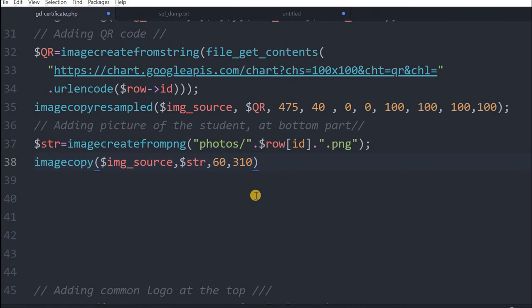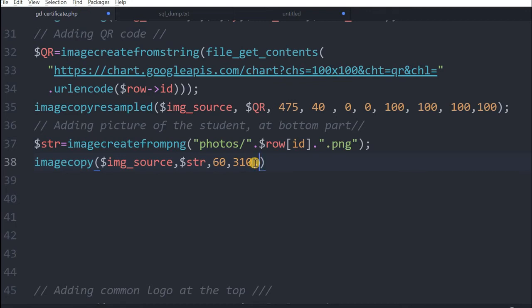This is the x coordinate and y coordinate. X is 60. You can see we have placed the picture towards the left edge, and 310 because it has to move downward, near where the ID is. That is why this y value is more. By changing these x and y values, you can move it up and down, left and right.